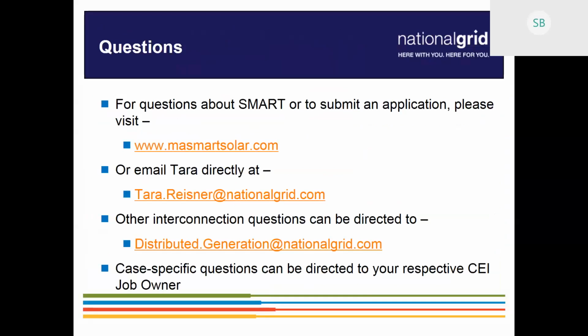We're having problems with a customer who already went online who's going to get paid as a QF standalone. What's the process for that? Is the smart payment and the QF payment going to be paid at the same time? Is it going to be totally separate, like you'll get paid as a QF on one check and then you'll get the balance on the smart payment on another check? I don't know, Vishal, do you want to answer that?